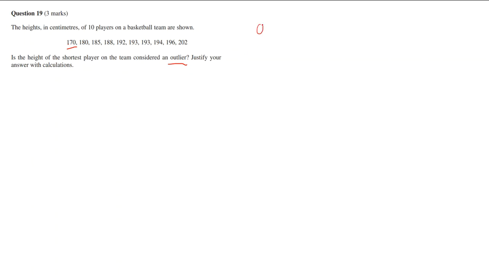So an outlier is a value where the value is less than Q1 minus 1.5 times interquartile range. Now, what is Q1 and what is interquartile range? So Q1 is the 25th percentile,